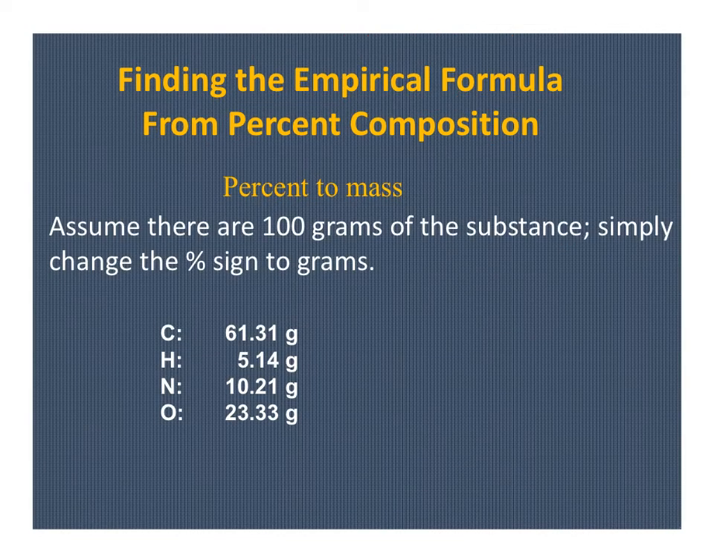All right, first of all, change your percent signs to mass. If we assume we have 100 grams of a sample, it is in fact true that percent equals grams. So we had 61.31% carbon. If we had a 100 gram sample, we're just going to make that assumption, 61.31% really would be 61.31 grams. So bottom line, change all your percent signs to grams, and you're good to go on step 1. Step 2,